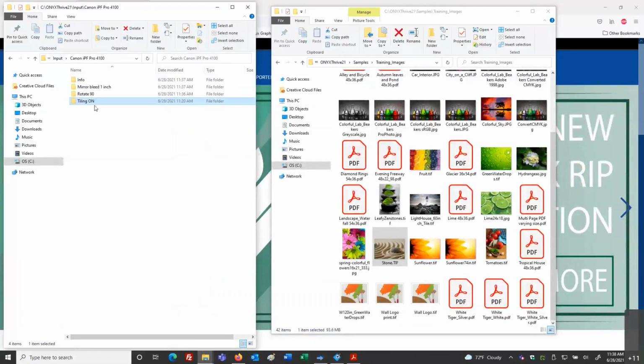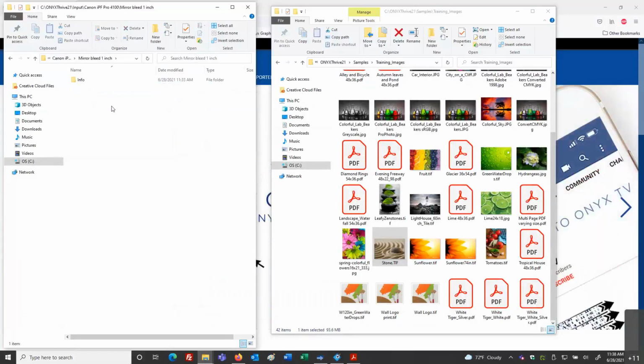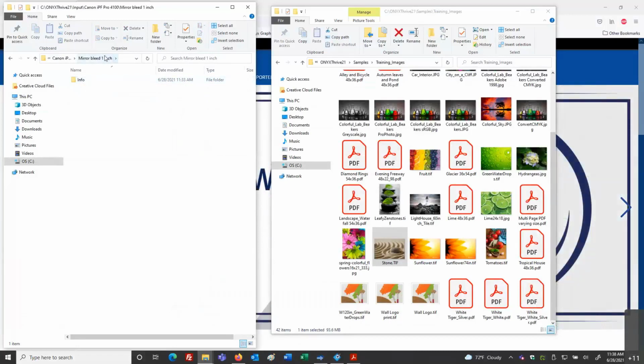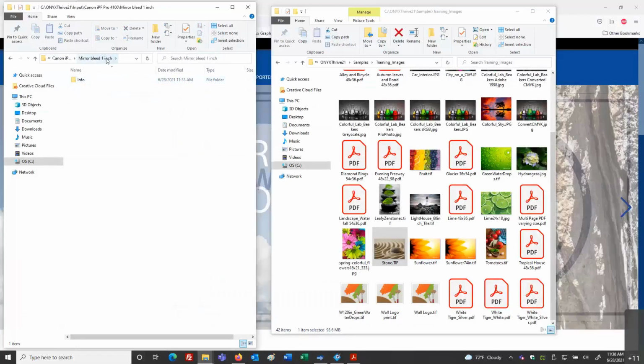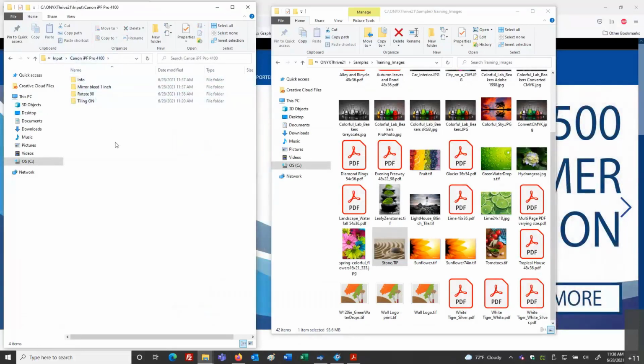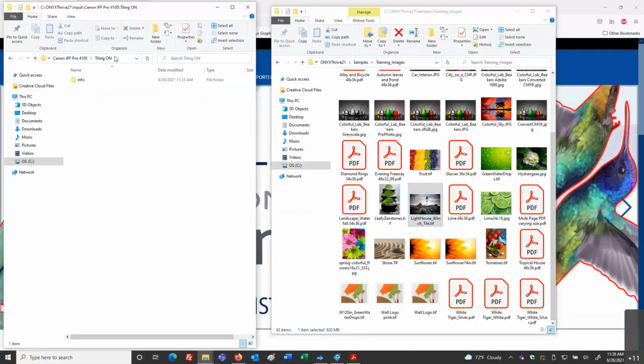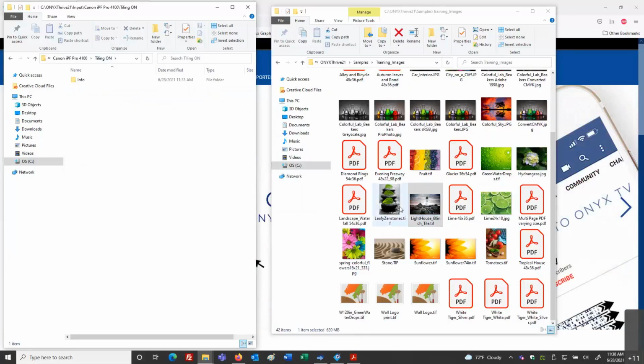If we look inside one of these particular hot folders, you're going to see there is an info folder, and it's basically the instructions of that particular hot folder or quick set. It's the instructions. So when we want to drag and drop our files, we just want to drag and drop them into the very top level of that first folder level, if you will. So for something like my tile job, I would double click my tiling folder, and at this level is where I would drag and drop my tile file.